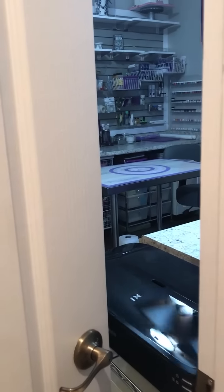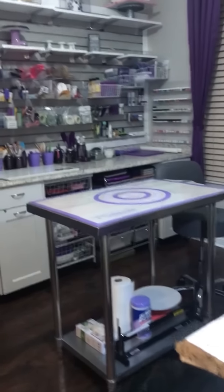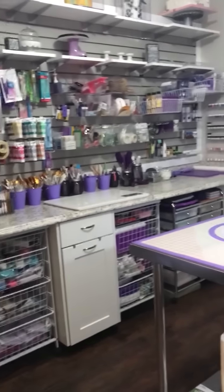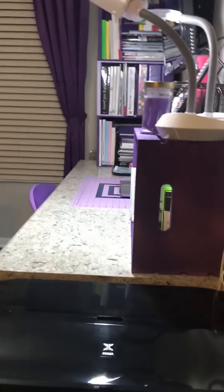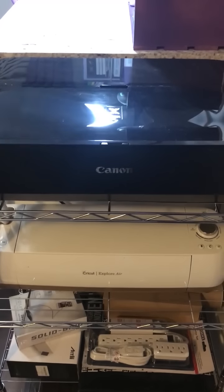Okay, everybody, I am going to do the cake room video, and I decided just to start it by walking in the front door. And the first thing I had to do is make sure my dog didn't join me. So as you walk in the front door, I guess let's start right here to the right of the desk area, and I've got my Cricut and the